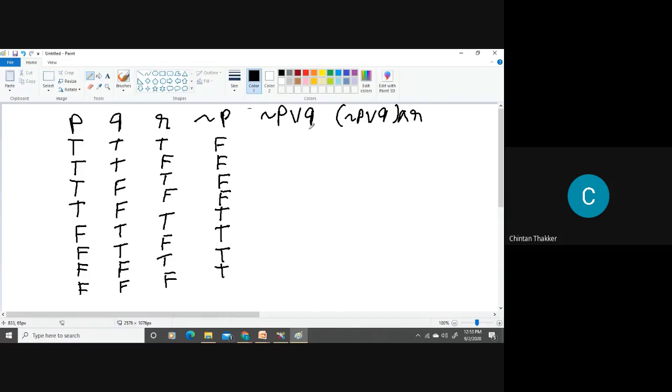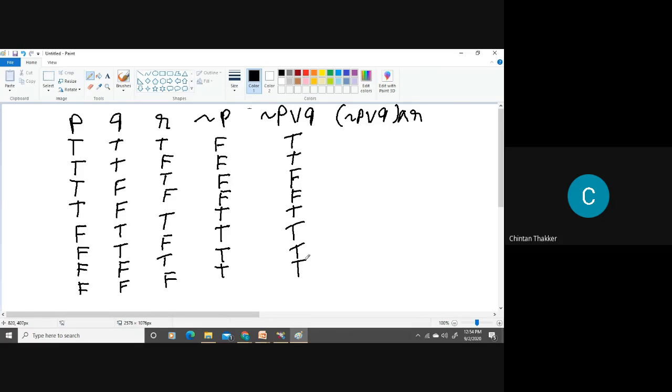Now negation P or Q. So here the first two are T, so here we have T, T. This is false, this is also false, so both false. So here we have false. This is false, here also false, so both false. So here we have false. Then these two are T. Here all four are T. So in this junction, this is 4T.